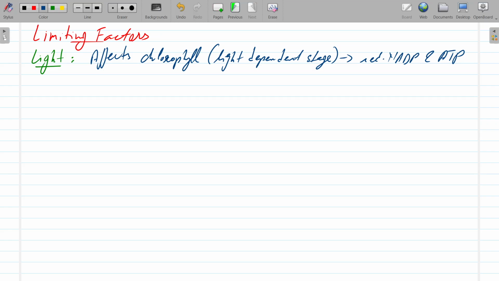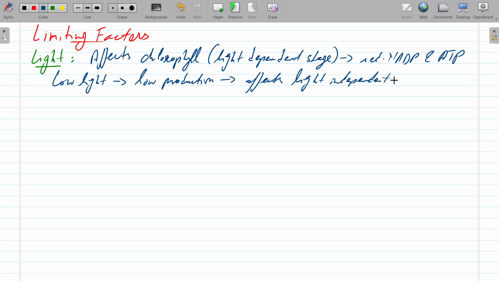Right, and so if there's not enough light, then you won't get enough of the light dependent stage going on, and so you will have low levels of reduced NADP and ATP, and so less of that will be fed into the light independent stage, and therefore you will have less glucose being made, right? So low light equals low production, right, affects light independent stage. So I'm just writing that, right, as hints,